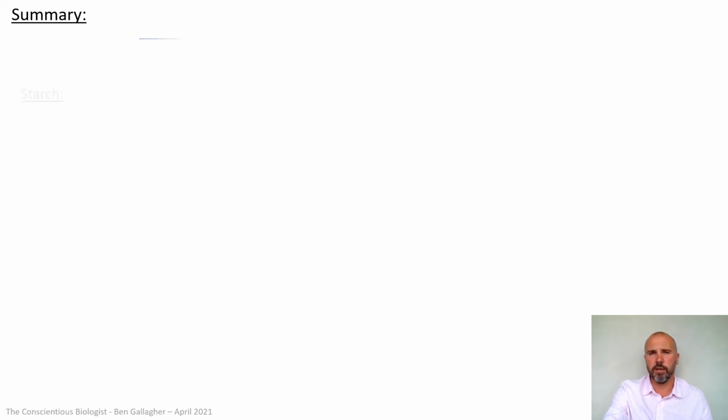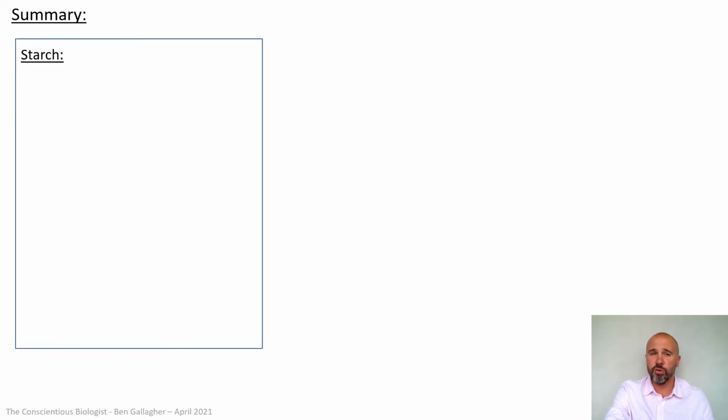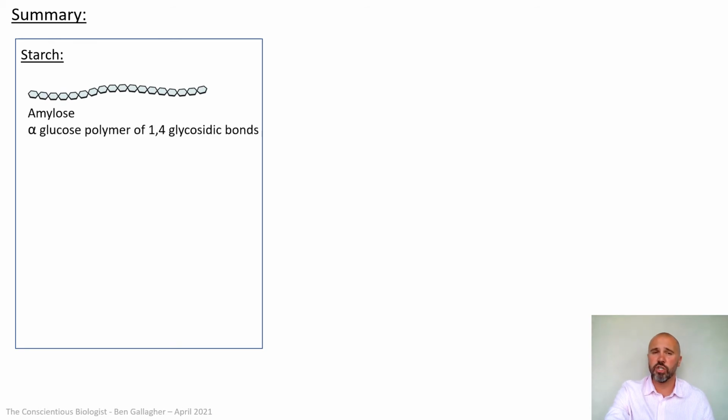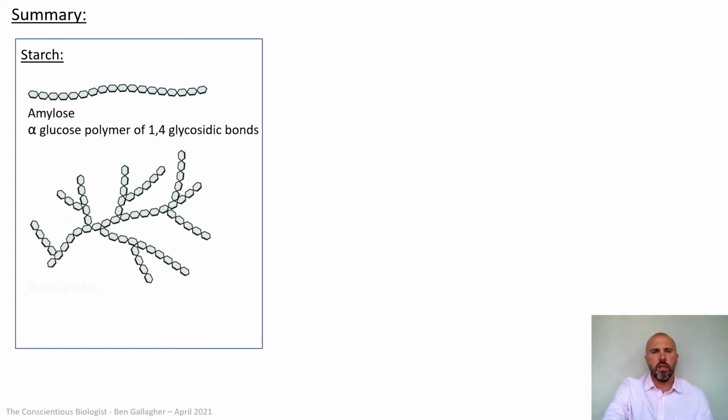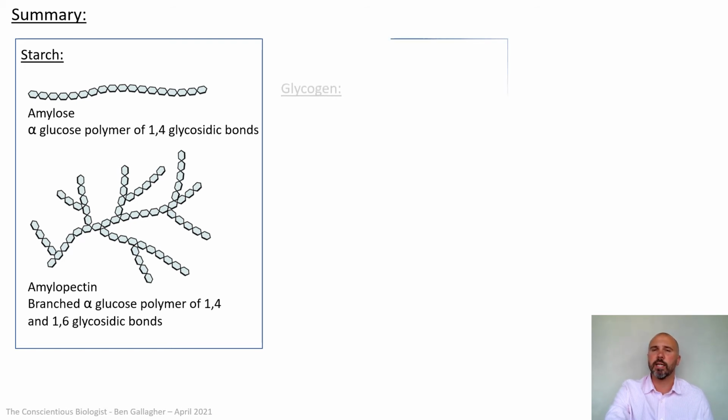So if we look at a summary of these diagrams, if we start off with the two that are in starch, so we've got amylose, that's these long chains of alpha glucose. So it's an alpha glucose polymer of 1,4-glycosidic bonds. Remember what I just said a minute ago, that does have a tendency to form spirals. If you look at amylopectin, it's still alpha glucose, but now it's branched because it contains 1,4 and 1,6 glycosidic